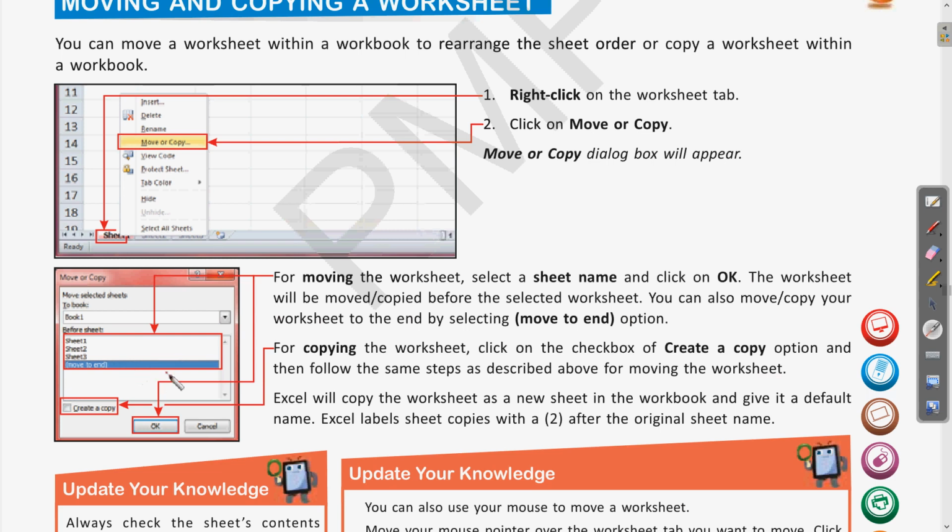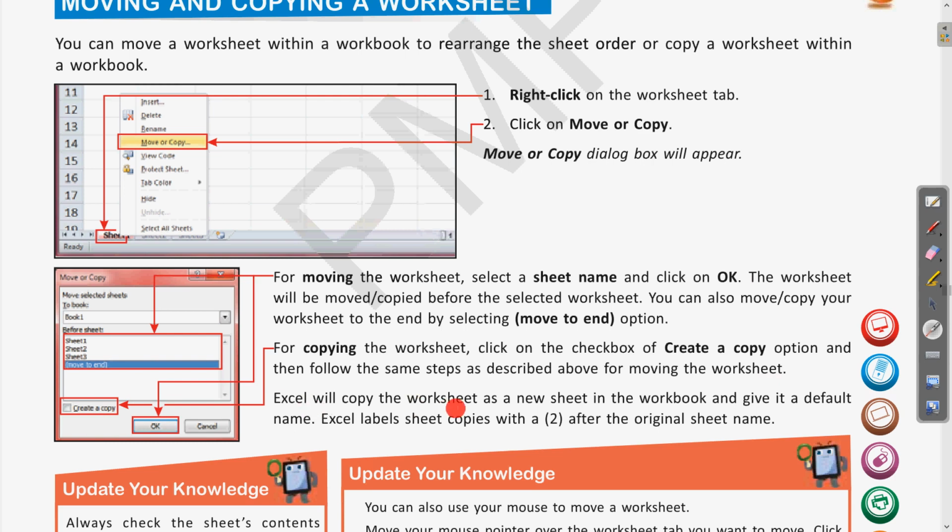Clear? Another is for copying the worksheet: click on the checkbox of create a copy. The earlier one which you selected will only be moved. But if you want to create a copy of that, there is a checkbox with the name create a copy. If I click on this checkbox, the similar process is done, and a new copy will also be created.